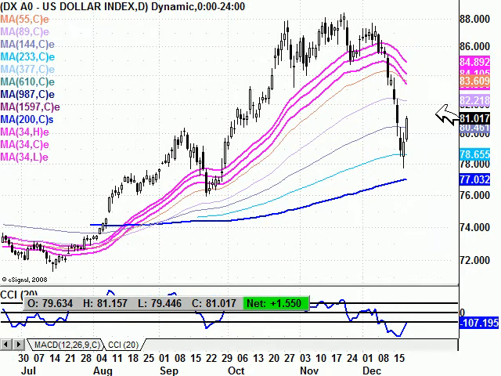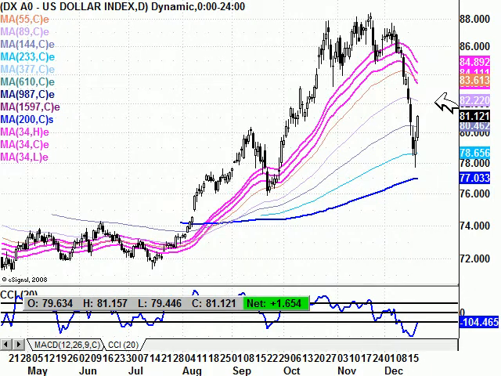If I've got strength in the dollar breaking up through resistance, it's very likely that I've got weakness in the euro US dollar breaking down through support, that I've got strength in the Swissy breaking up through resistance. What about the cable? The cable should move sympathetically with the dollar too. Again, check the correlation, but the cable should be moving inverse to the US dollar, sympathetically with the euro US dollar.